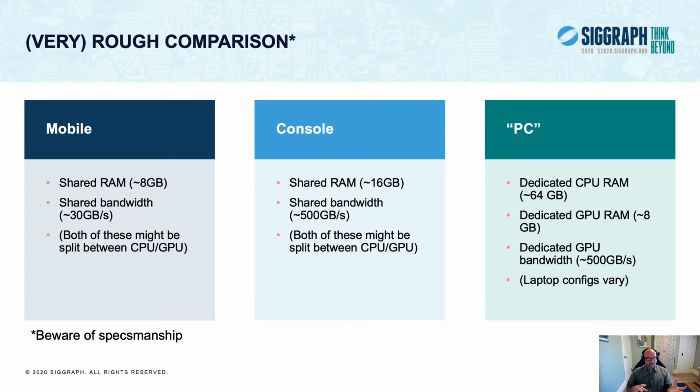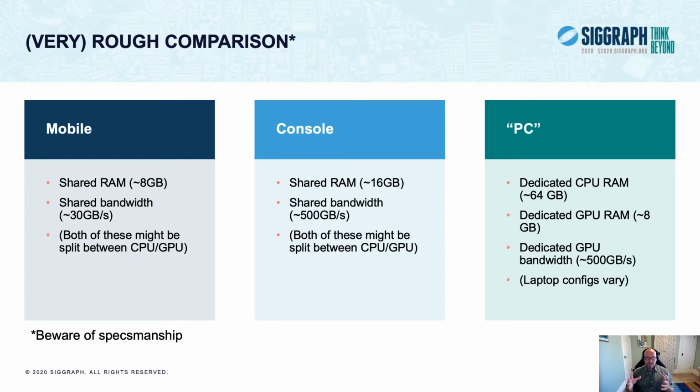Mobile GPUs, by sharp contrast, share a much smaller amount of memory, as you can see, and they also share a much smaller pipe, a much lower amount of shared bandwidth, in a typically unified memory architecture. Now, as I mentioned, in some cases there might be a split. So again, you might have an explicit carve out where the GPU is guaranteed a certain amount of memory and guaranteed a certain amount of bandwidth, and the rest is designated for the rest of the system.